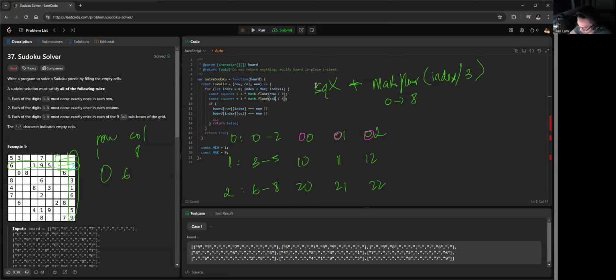For the columns, we're going to have the square y plus the Math.floor of index mod 3. Why are we modding by 3? Because if you look at the column, it is changing every time from 0 to 2, repeatedly 0, 1, 2, 0, 1, 2. So if we mod by 3,